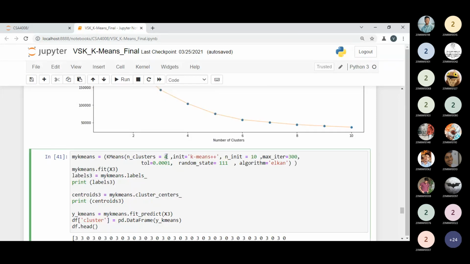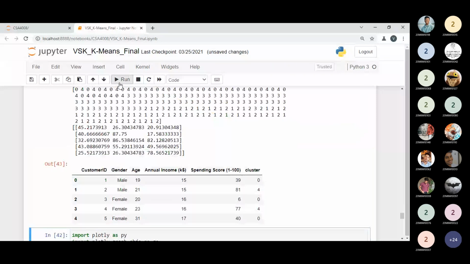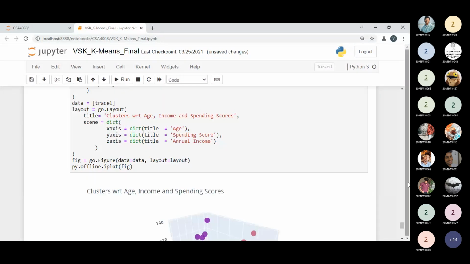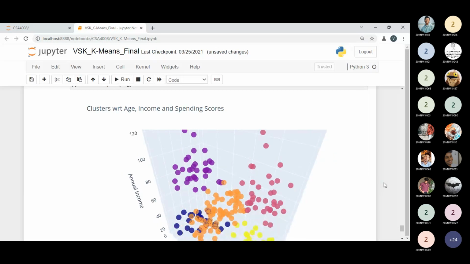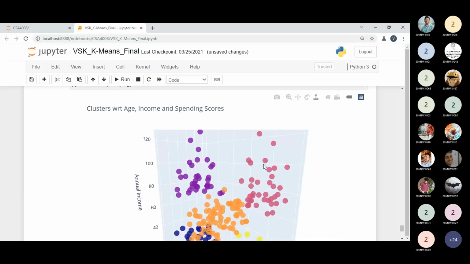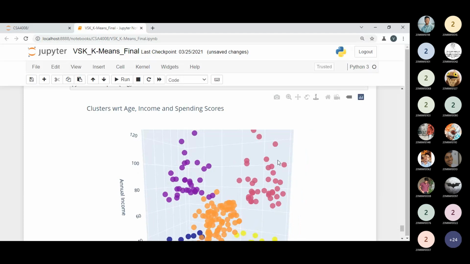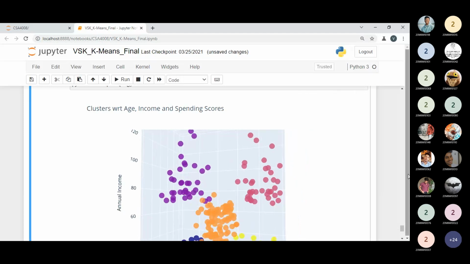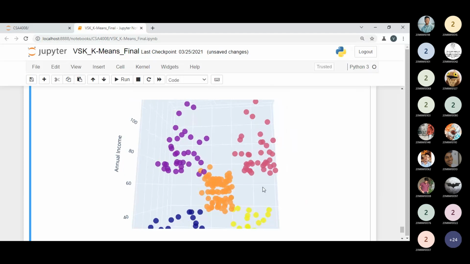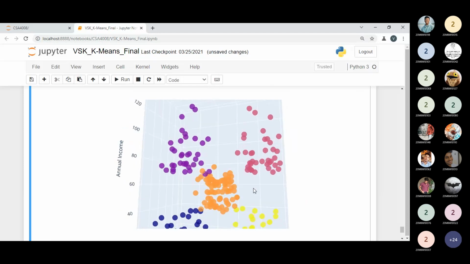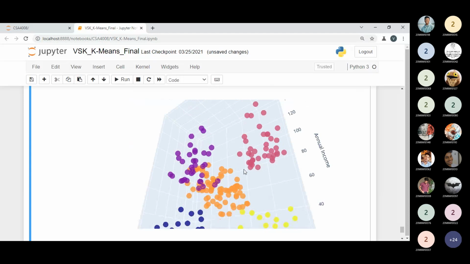Suppose I want to see 5 different clusters, so you can use 5, run this code once again and pass the parameter, and now your graph will contain 5 different colors. And what are those? You can observe over here. Some kind of pink color, orange color, yellow color, purple color and dark blue color. So now we have 5 different colors. Are you able to see all the colors, data points?